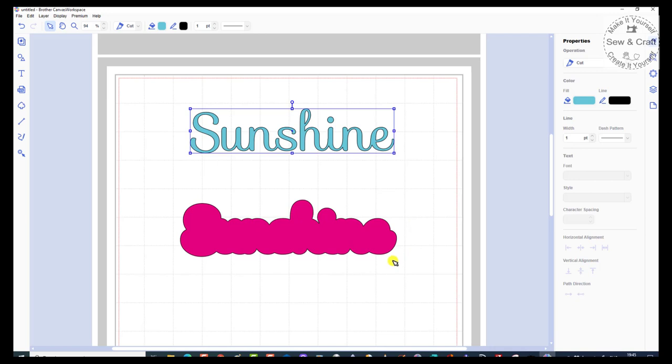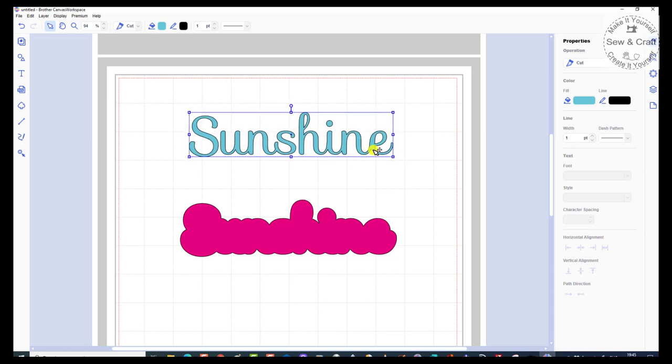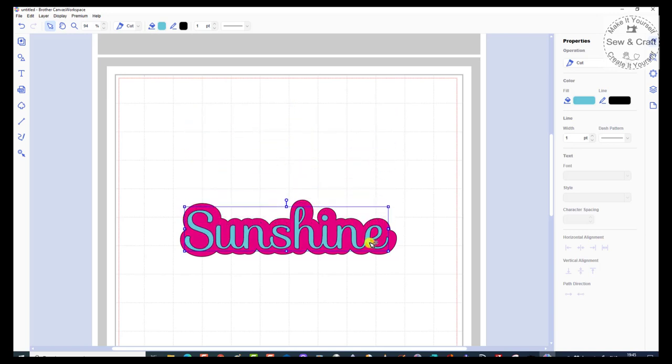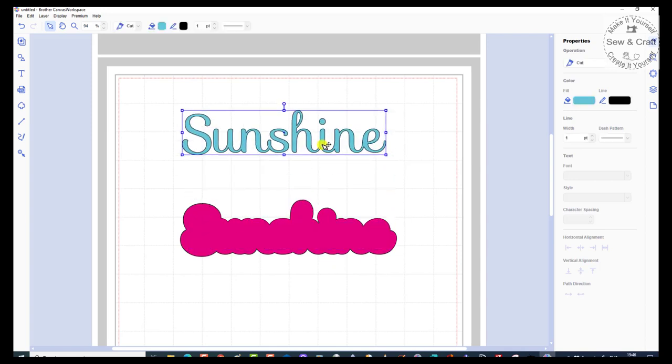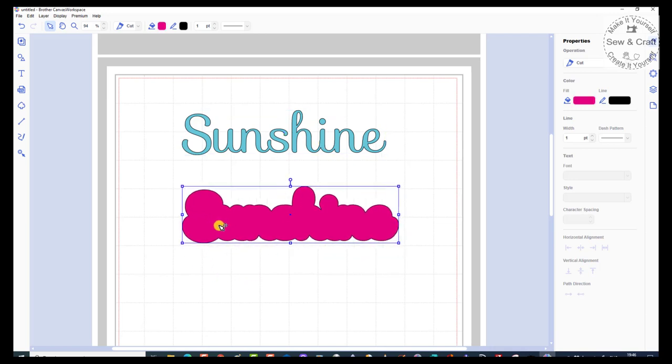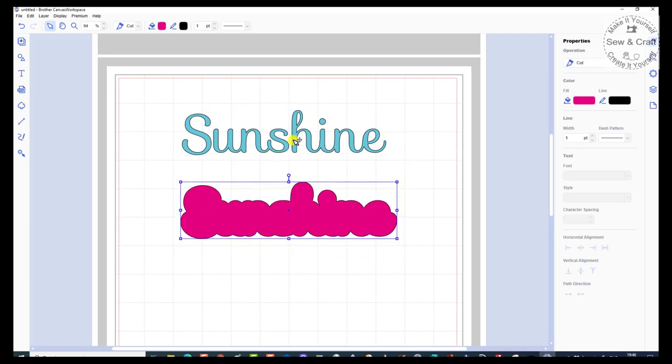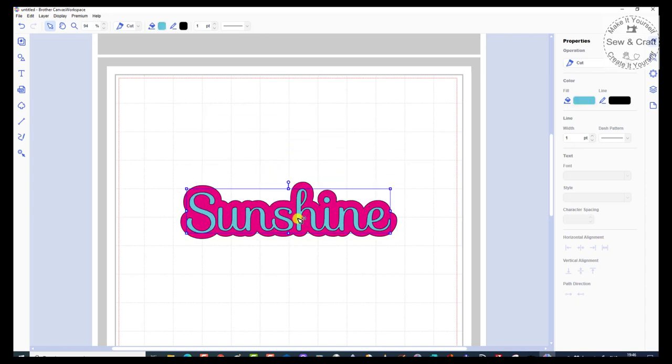Now I'll come back after this video and I'll explain about the filling in, but for now just bear in mind that you are just looking at what your design will look like once you have cut it. Now say for example you didn't want to cut that word out separately, you wanted it to be actually cut out of this shape. So what we can do is we put the word back onto the shape, and now